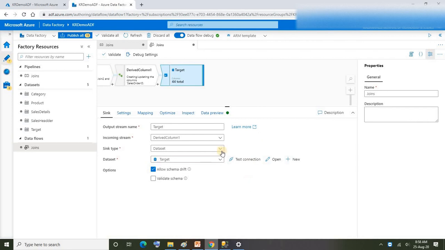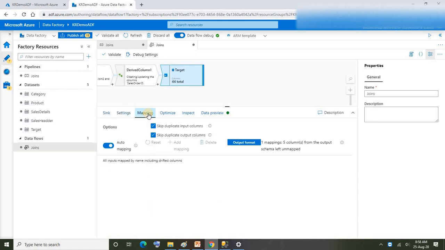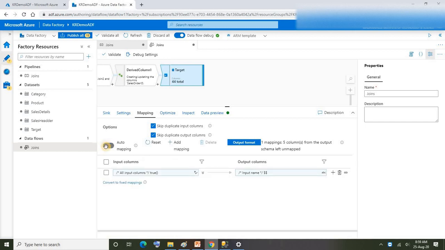The final thing that we need to do is mapping. That's a very important thing, that we need to finish mapping input to target, right? So go to settings, all done. If you go to mappings, by default auto mapping is there. Let's take that up, because it won't be mapped correctly. There are many columns coming from the input dataset, but in our target dataset we got only limited columns, and also column names might be different, so definitely mapping will not be done properly. So what I'm going to do is manual mapping here, add mapping, fixed mapping.